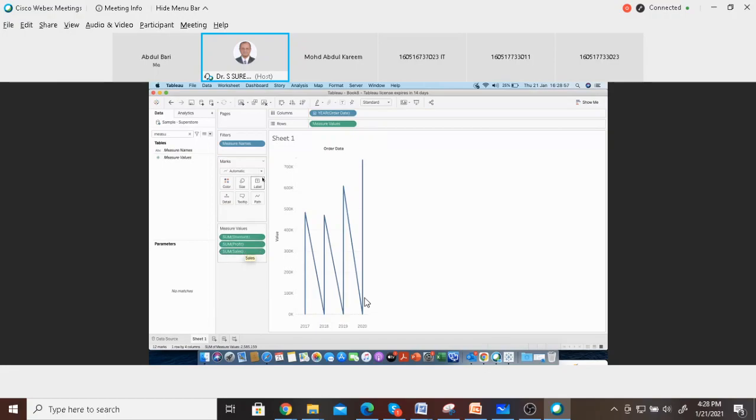I will change the plot type from automatic. I'll change it to a line plot. The plot, although it does not change, looks the same. I'll change it from automatic to a line plot. Now I'll